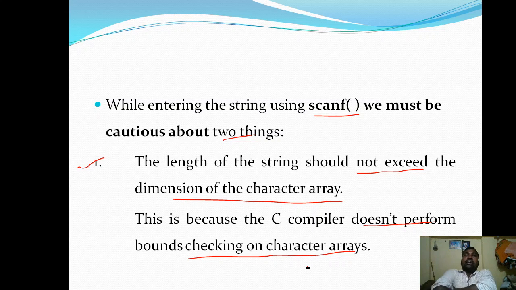For example, in Java, if the number of characters that we are trying to access is more than the size of the actual array, it is going to display an error message of array index out of bound exception.